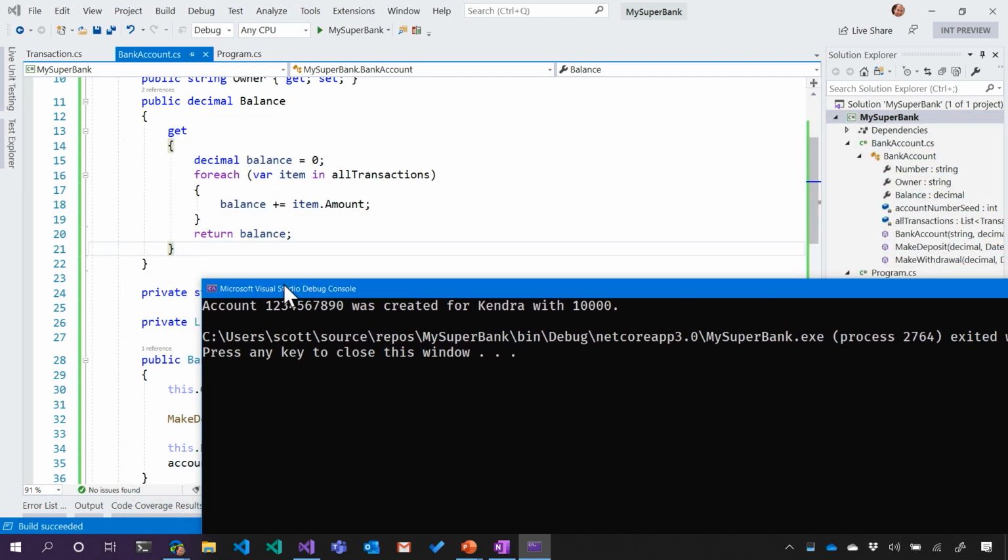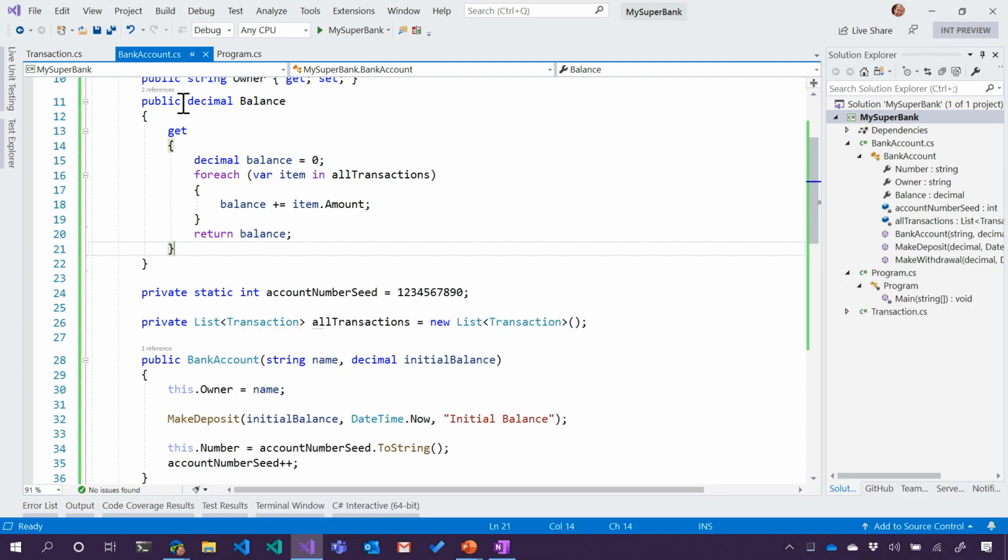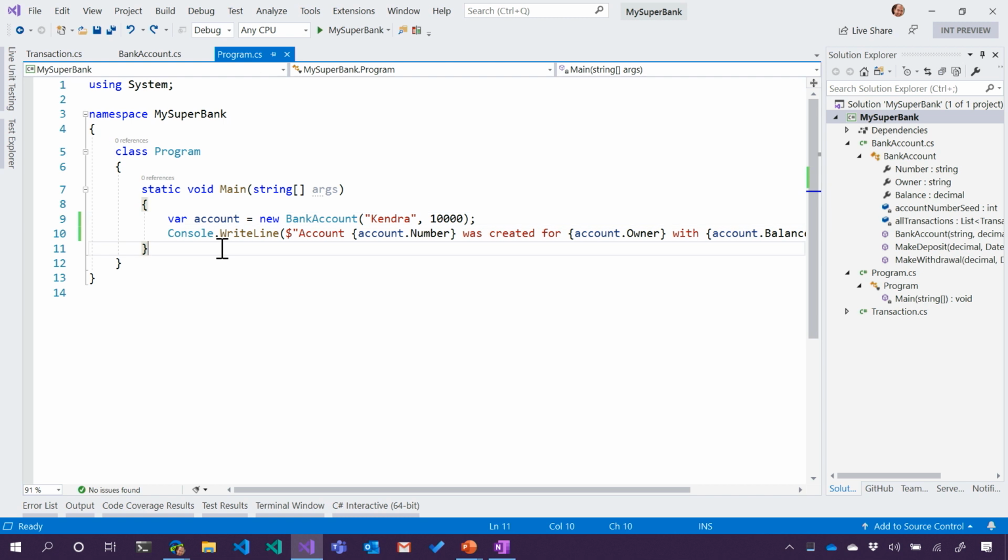Look, so now we're back where we were, but it's more object oriented, and that's really interesting. So then now we can start simulating our bank. Okay, so let's do this. Let's take a little bit of money out and just see what the difference is.